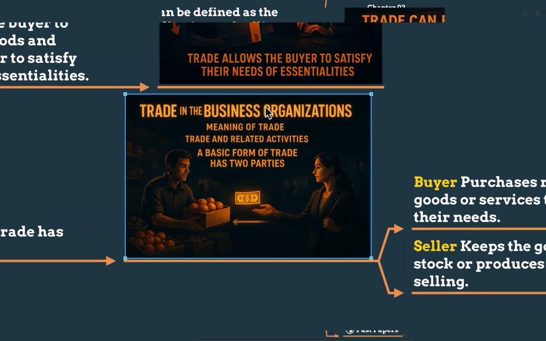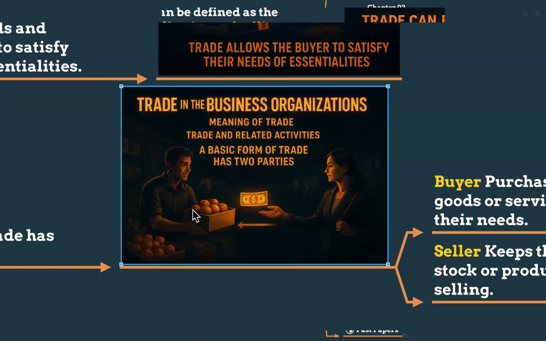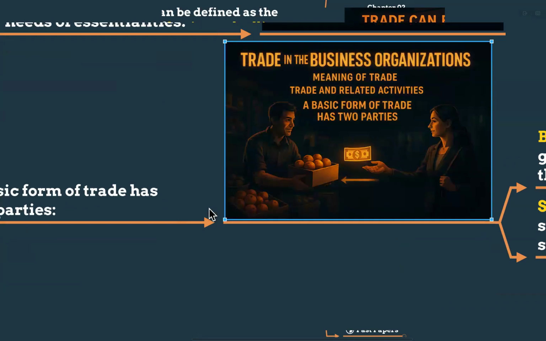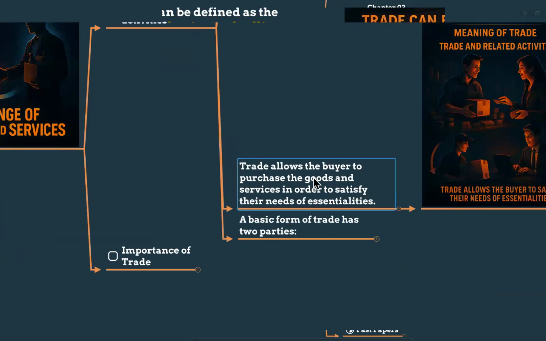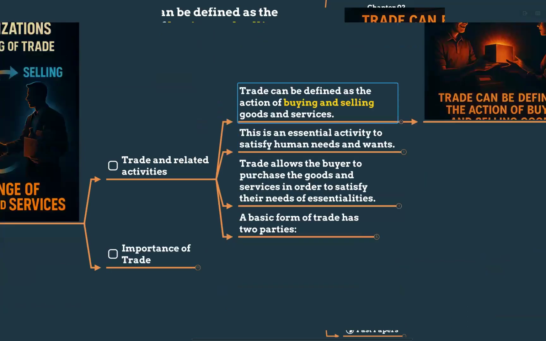For example, our student Rakavi goes to buy rice for her family. So she is the buyer, right? At the same time, there will be a seller, the person who has something to offer and wants payment. He keeps goods in stock, or sometimes he is the manufacturer or producer, and he will sell. So he has products, but he needs money, right? Think about this. So let's move on. This is a very simple explanation. Selling and buying is something we can refer to as trade.